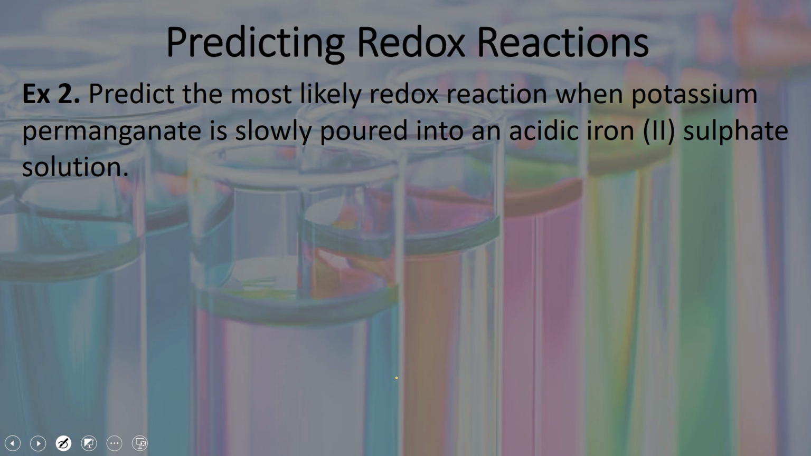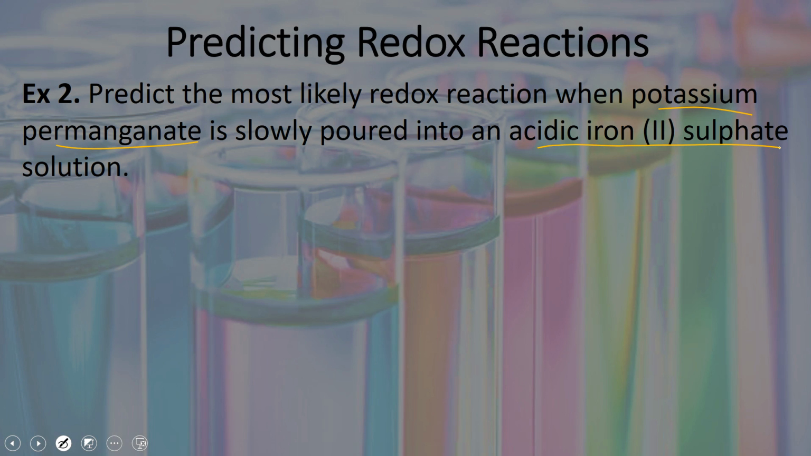All right, another question. I'll do one. One more. All right, so predict the most likely redox reaction when potassium permanganate is slowly poured into acidic iron 2 sulfate solution. So the first step I need to do to determine what redox reaction is going to happen here